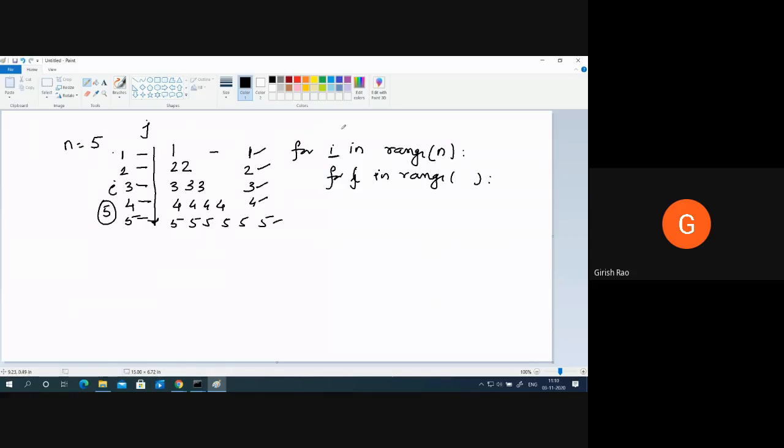Okay. So for example, what is the value of I now? 0. What is n? 5. Let's first check only the loop. For I in range 5, okay, n is 5, I is 0. For j in range I, so what is I? 0. What is j? 0. So the loop will be false, it won't run. Yes or no? It won't run. So what should I do? I should say I plus 1.